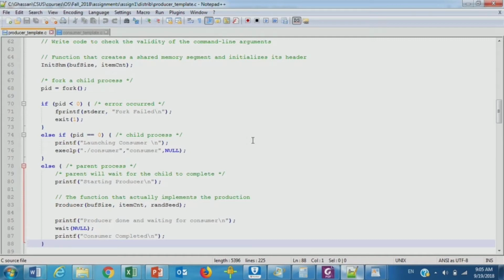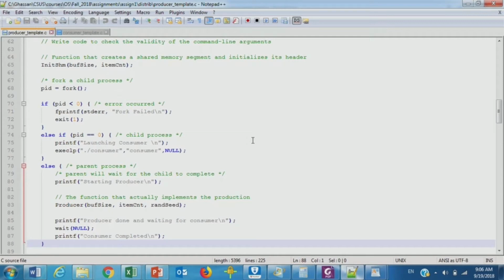Then the producer will produce. So there is a function that produces. So what does this function do? You'll have to write the code for this, but what do you think it will be doing? What does produce here mean? Are we just producing random numbers or something? Yeah. So to have a loop with bound item count. So if item count is 1,000, there will be a loop that executes 1,000 times and generates 1,000 random numbers. That's what the producer would do.